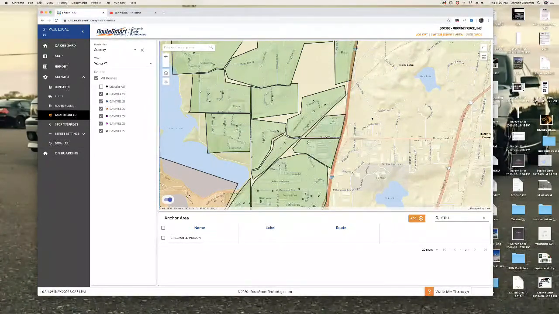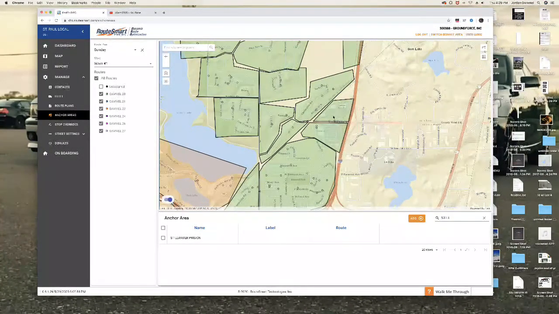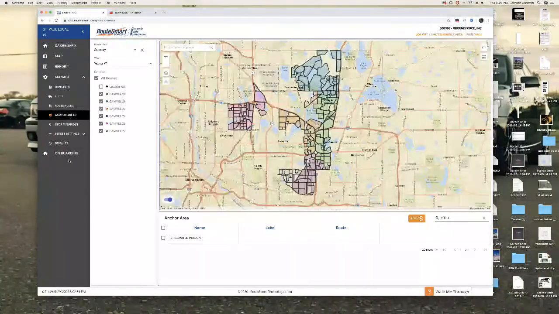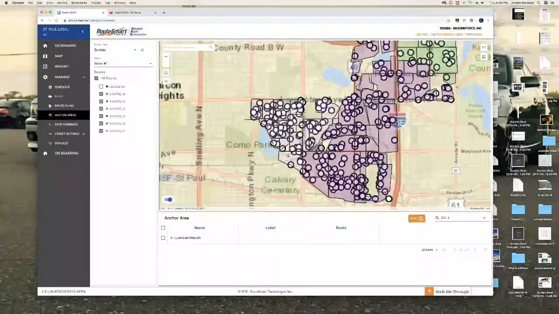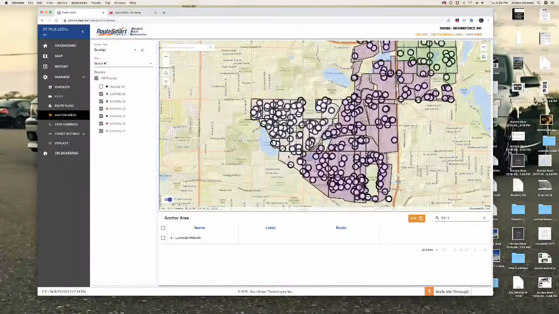parking lot. Target has a couple of storefronts that has a whole little mall attached to it. So I went through and made it its own territory, so that way it knows it won't just pull Target, it will actually pull everything around it now and assign it properly to the route that I want it to go to. So that's the quick down and dirty on anchor areas,